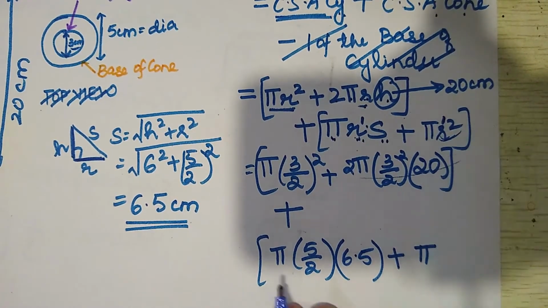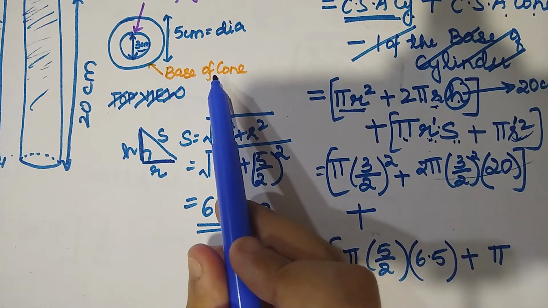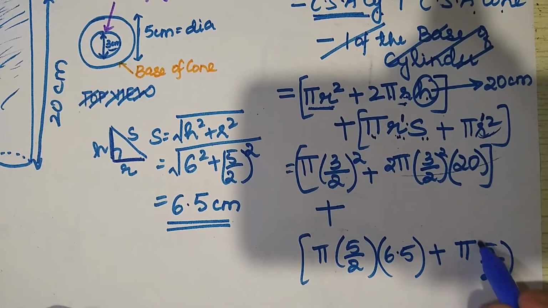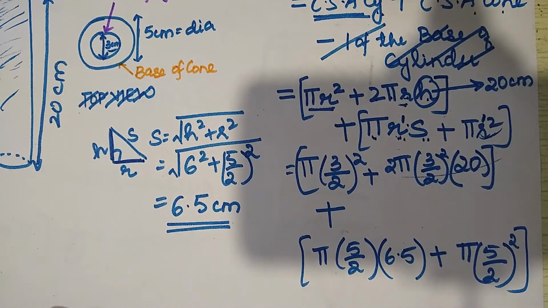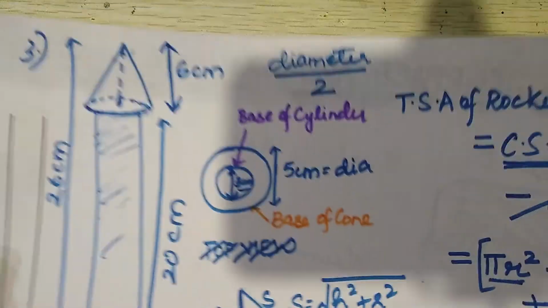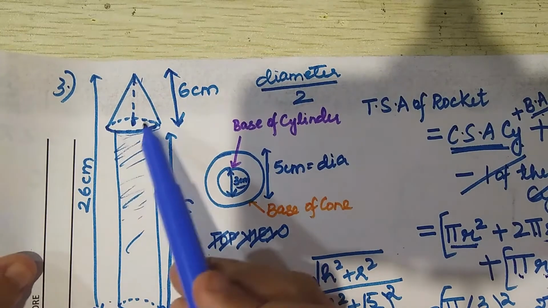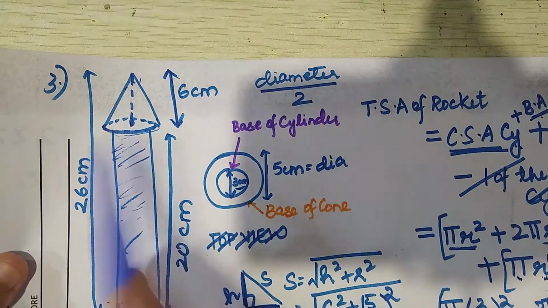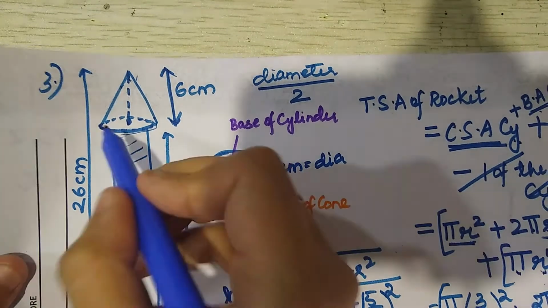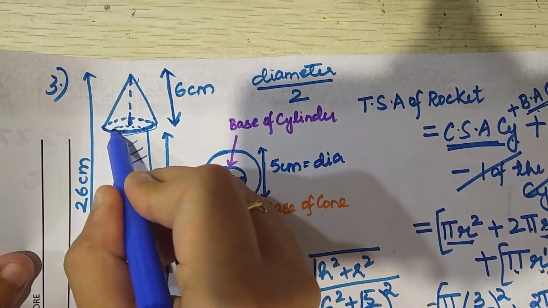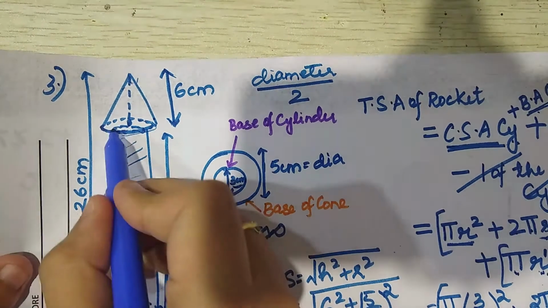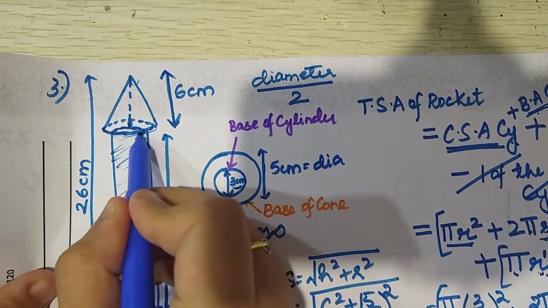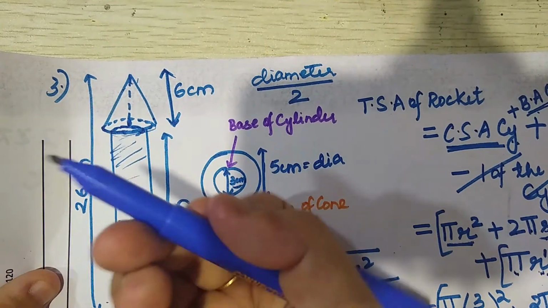So what is this r dash? It is for the cone. So 5 divided by 2 the whole square. Now you see, get back to the question here. This base was calculated, right? But do you think this whole base will be painted? No. The cylinder region will be rejected. The cylinder region is already covered by the cone, so that cannot be painted.